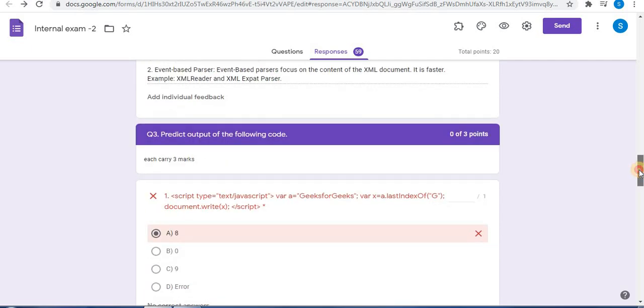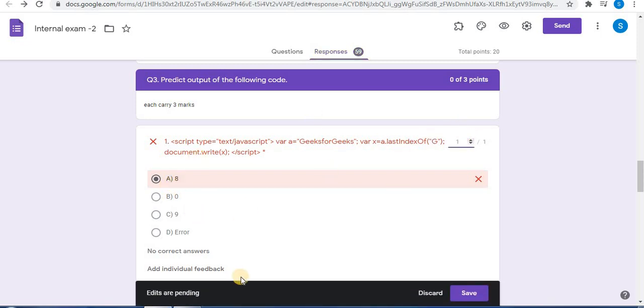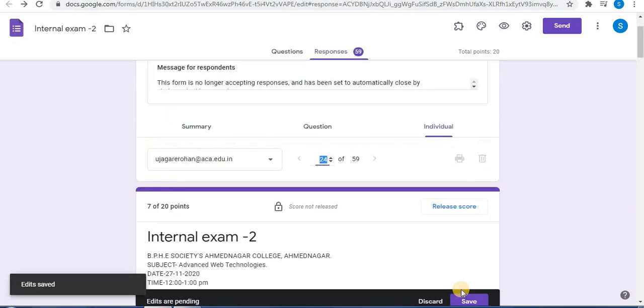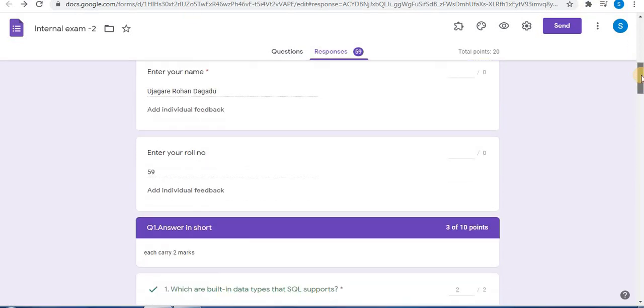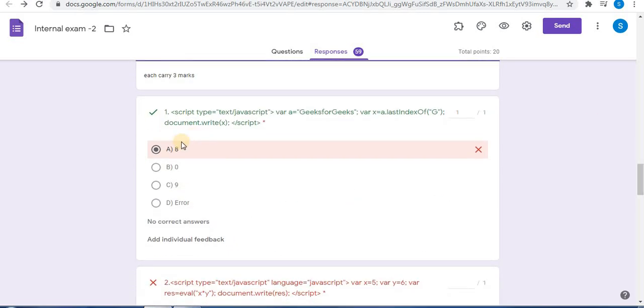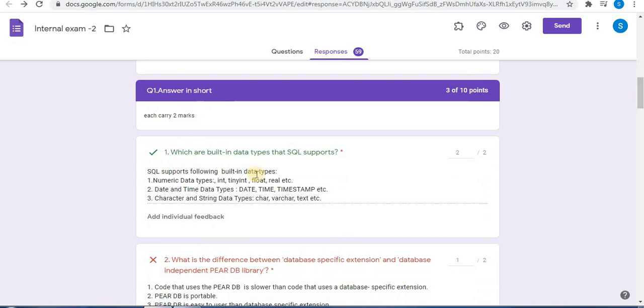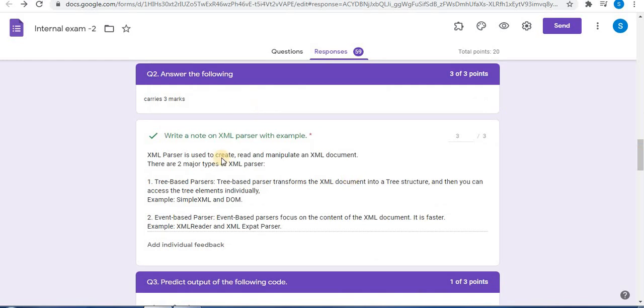Now let's see another example. Next one is predict the output of the following code. This is MCQ type. You can also check MCQ type manually. So for example, this is correct, so you can give a point, and after giving the point, click on save. After checking the test, you can see here it is graded, that is, it is checked, with a green tick mark. So in this way you can check all types of questions. This is a short answer type question, you can grade them. Then long answer type questions,